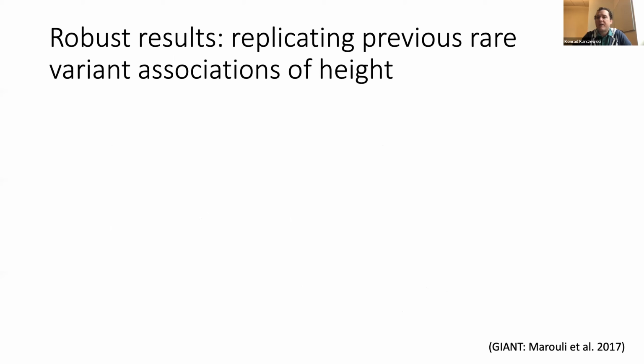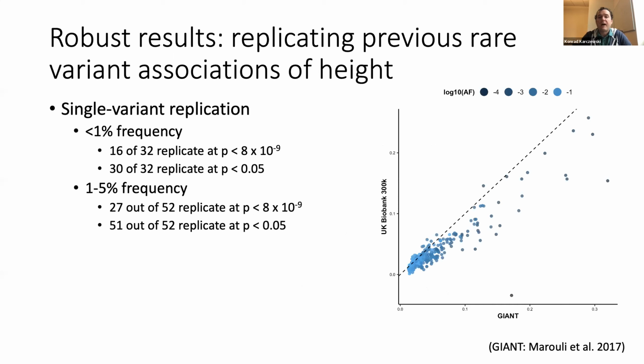So I'll talk about the full set of 3,700 phenotypes in just a moment, but wanted to dig into one phenotype to make sure that we were doing things right. So we ran an association test between one very readily available quantitative phenotype, height, and the genetic data, that is every individual SNP, as well as SNPs aggregated into genes. These have been previously assayed by the GIANT consortium, and we replicate many of the effects that we find. For both common and rare variants, we get about half of the variants replicating at genome-wide significance, and the vast majority, all but about 3 or so, replicating at nominal significance. So really a decent replication of this data set.